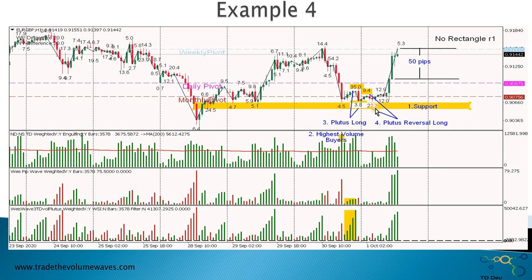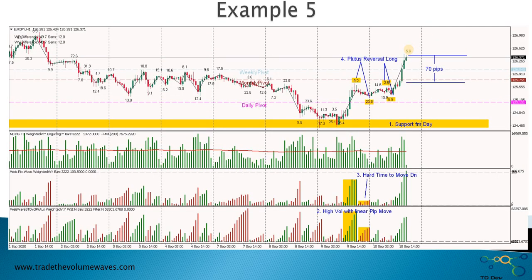The 9.4 with the 22.3. The ratio bigger than 2, the ratio bigger than 2. So what do we do? We wait for the break of this range on the upside. We wait for the 1 hour bar to close and we go long. The result from here to here was 50 pips. Let's go to the next one.